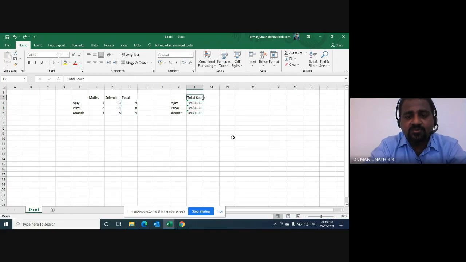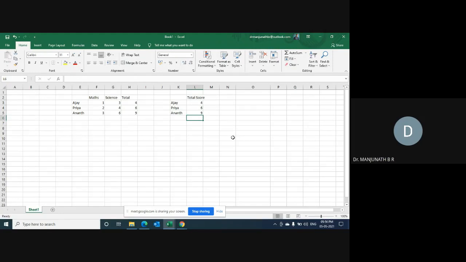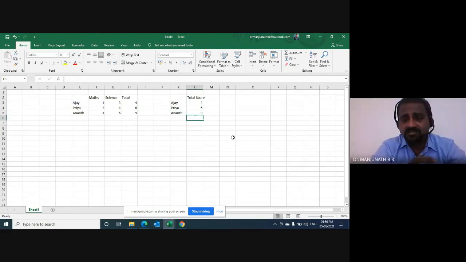Now, the moment when you see the value, you know what people will do? They manually type 4, they manually type 6, they manually type 9. Anyway, you are completing the work. That is good. But I do not want the donkeys. I want the horses, the smart people. Now, how do I get that?